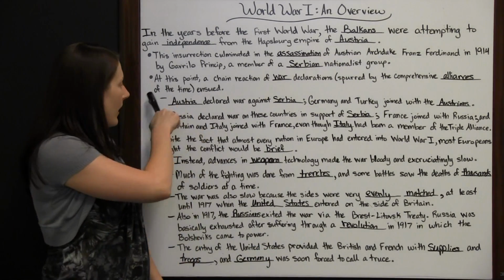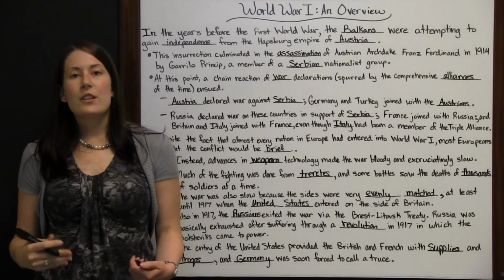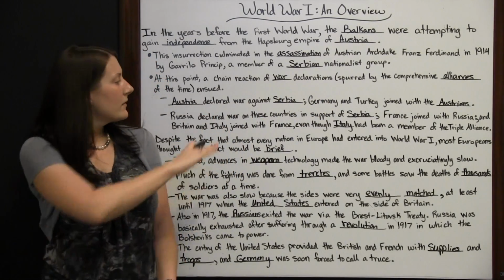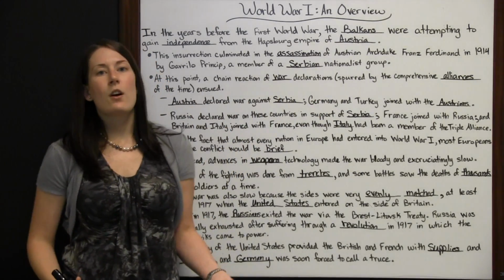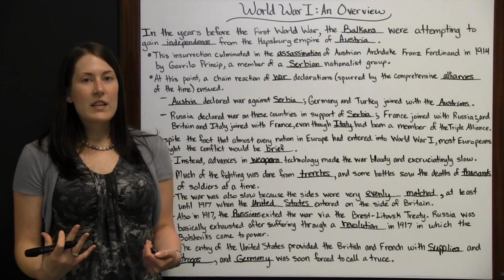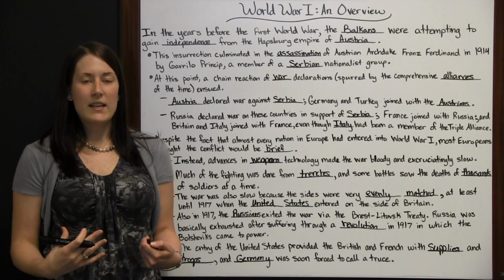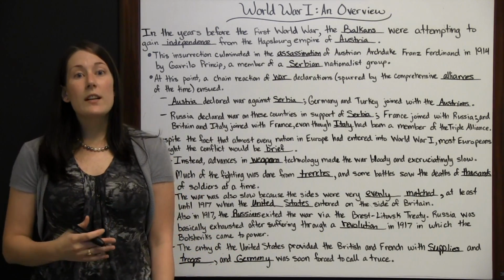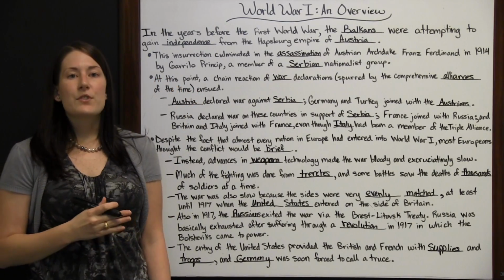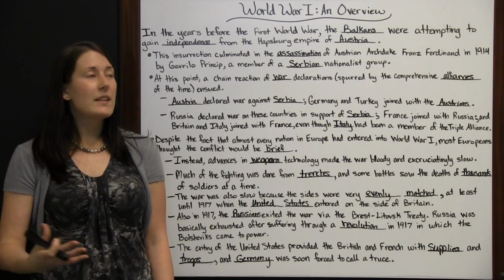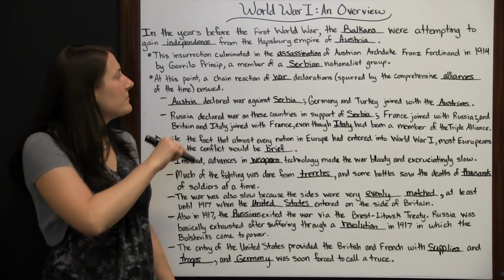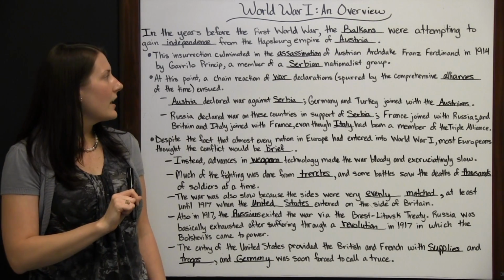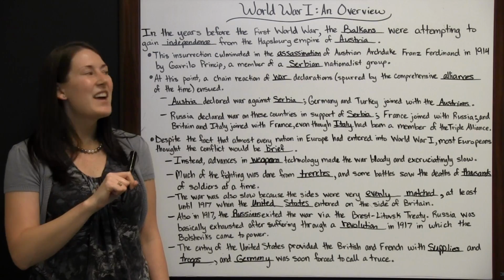And even though it was Austria and Serbia that had originally started this war, Germany was the biggest country in power over on the Austrian side, so it came to Germany to call a truce, because once that biggest country decided they were going to call a truce and back down, the other countries would have to do the same. So World War I started because one little country was trying to gain independence from another country. When the one little country sent an assassin to go